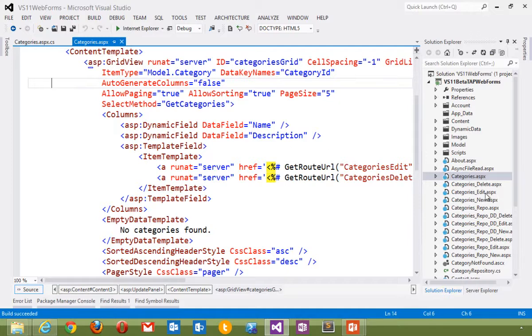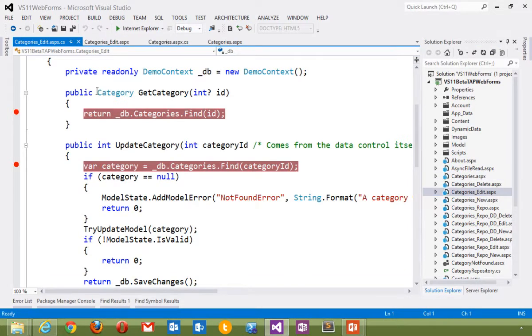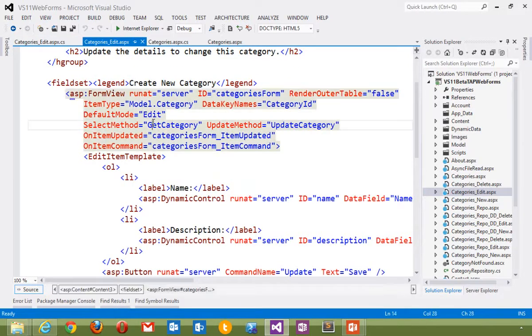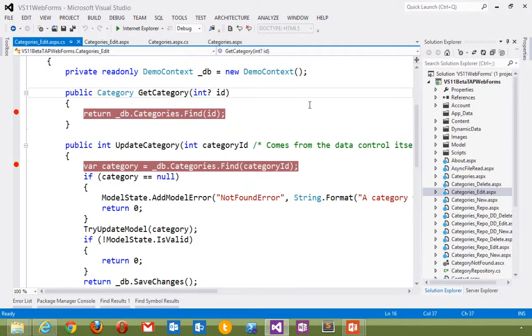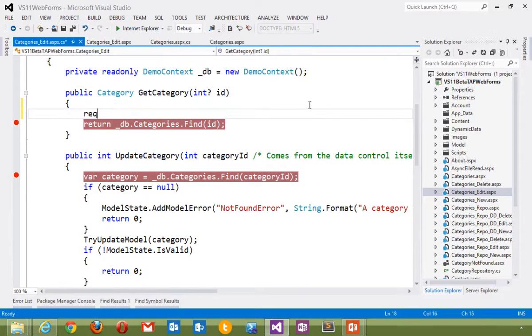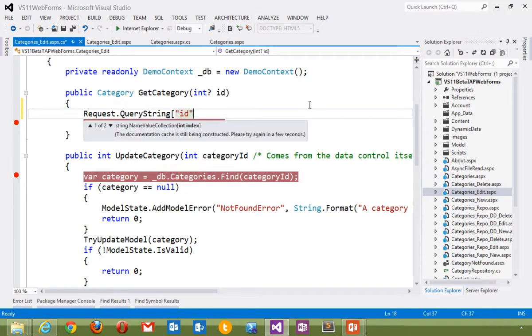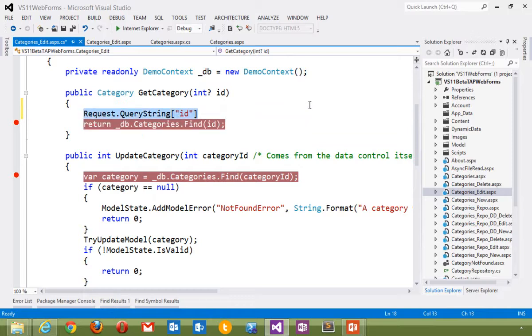Let's go back and look at Categories Edit. Categories Edit is going to call GetCategory. That's its select. Its grid is set up to call GetCategory. But where is that value from the URL going to come from? Well, in this case, I've just got a method that takes an int, a nullable int with an ID. And in the old days, you might say something like Request.QueryString and ask for ID, and then make sure that ID is not null or empty string, and you'd spend a lot of time digging around inside of the HTTP